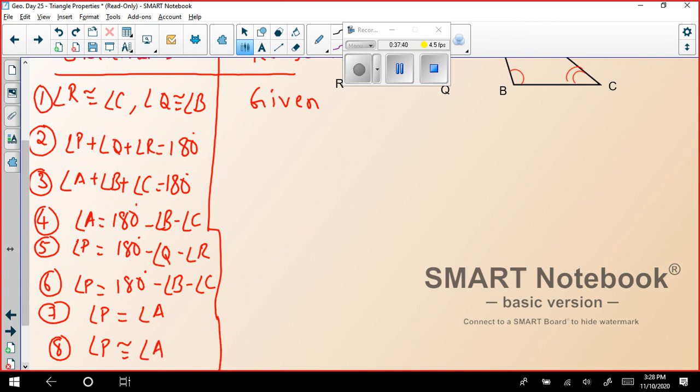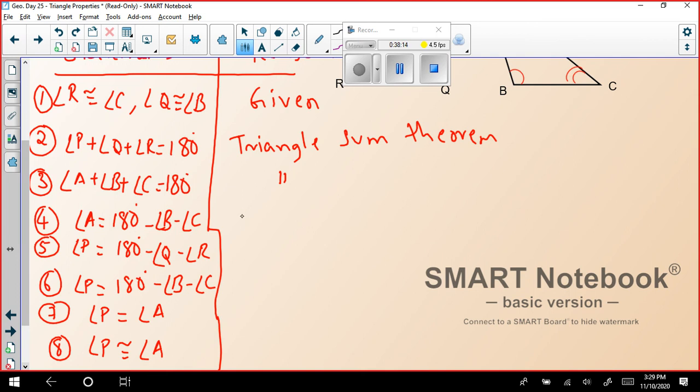List out the reasons for each of them. Just going to take a look at the chat. So triangle sum theorem was the reason for this. Same way for the third step also the reason is triangle sum theorem. I'm not writing it once more, and for this one I just use the subtraction property.